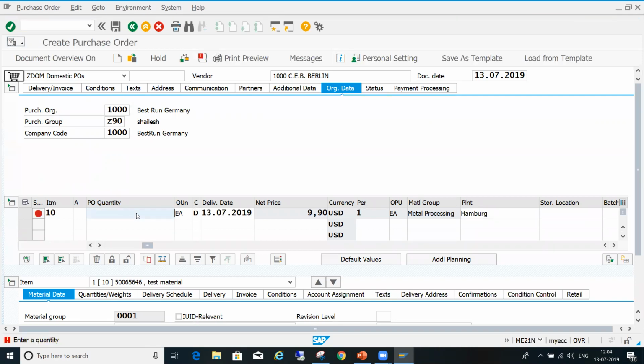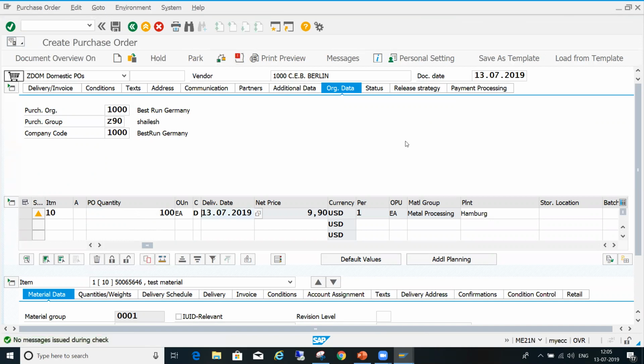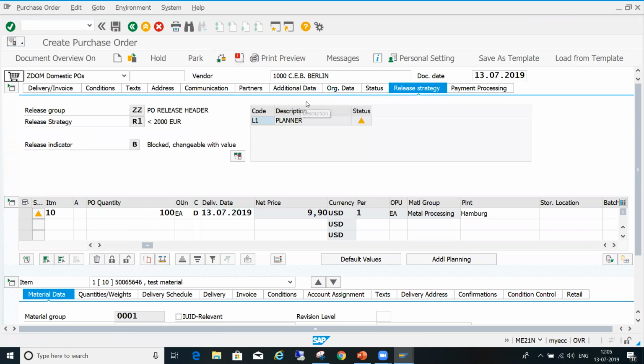So value, quantity, say for example 100. Click on this box. The release strategy tab will appear here.